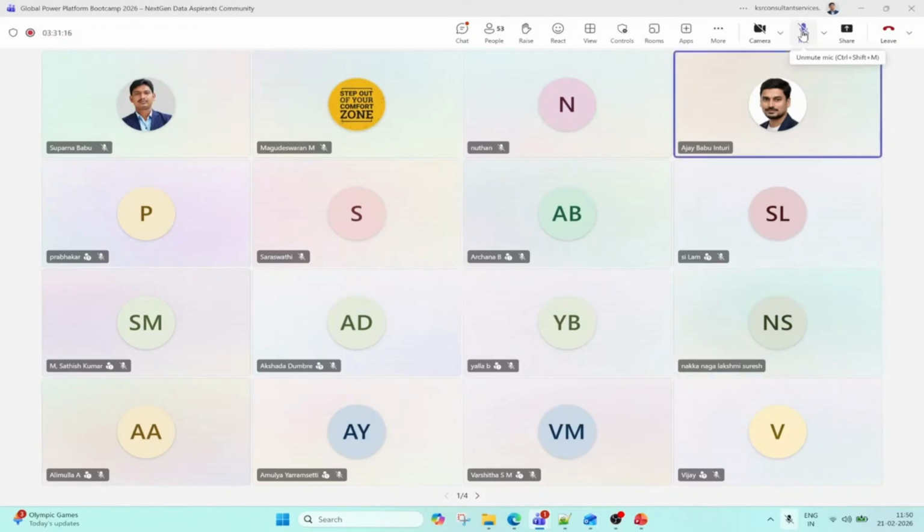Coming to your question, I have a question, Suresh. Whoever the user is, are they going to delete a column from the report or the semantic model? We are not providing any access to the semantic model.